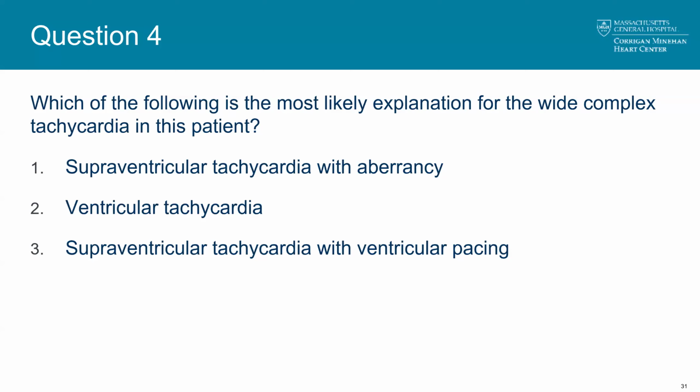But tough to know. One of the things going against supraventricular tachycardia here is that we can't really identify definitive supraventricular activity. It's not like we see no evidence of P waves. There's something that may be some atrial activity. It's very variable. And certainly there's nothing that we see there that represents true supraventricular activity that is conducting in a reliable fashion to the ventricles. So we don't have good evidence for that.